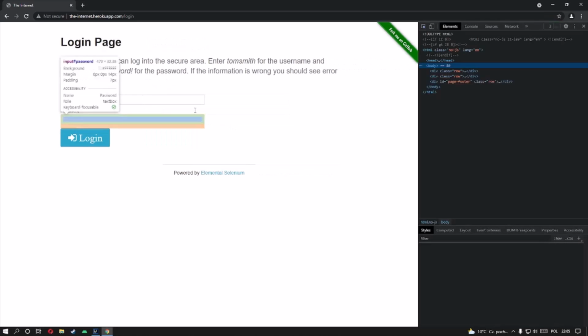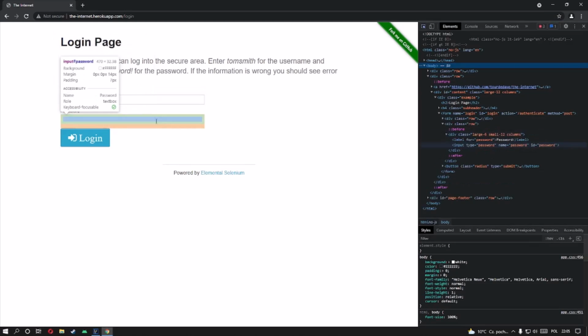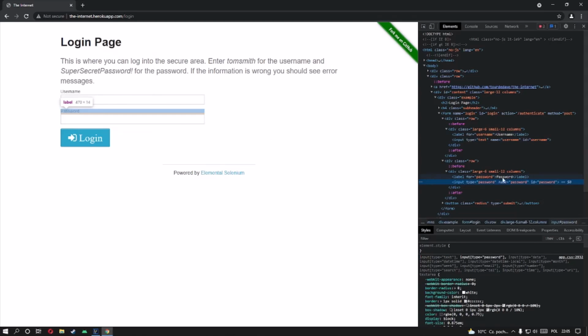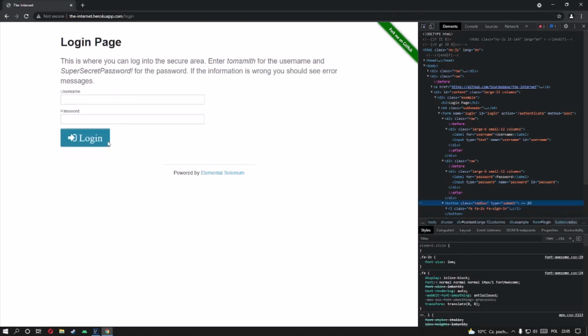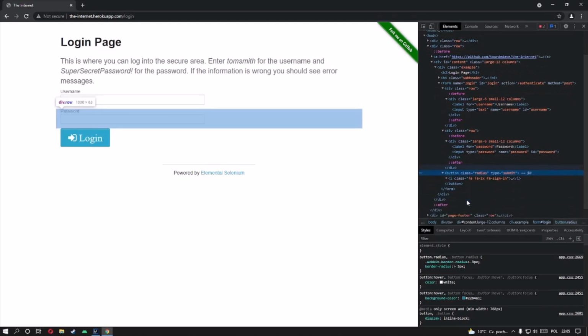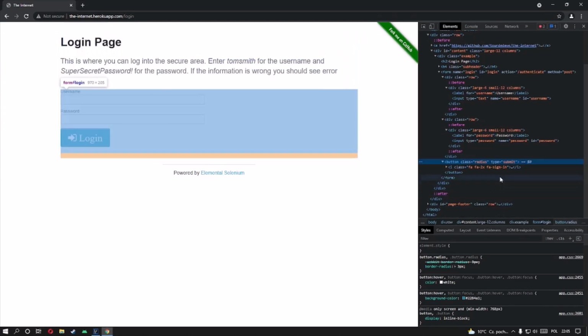Right, so let me inspect the page and see what the inputs are, and then let's try to locate their IDs or something that can help us to locate them. As you can see, the input for username has an ID username, so that's rather easy. What about password? Password also has an ID of password, so this is straightforward for us. Right, so what about the login button? It does not have an ID, but we can surely use some XPath on it,